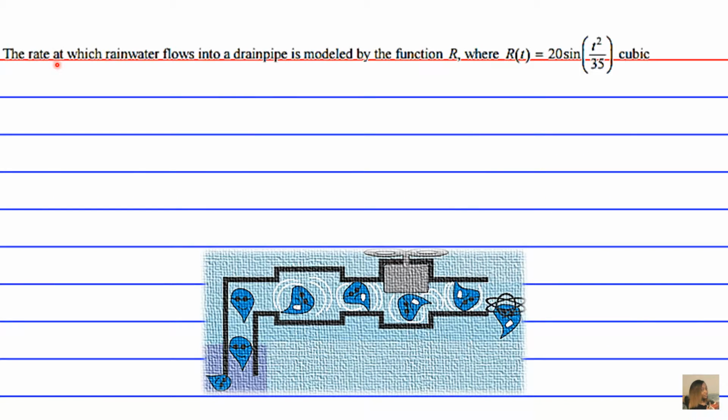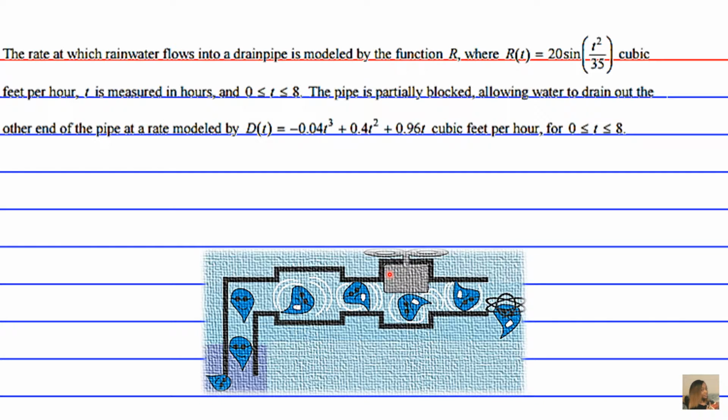The rate at which rainwater flows into a drain pipe is modeled by the function r, where r of t is equivalent to 20 times the sine of t squared over 35 cubic feet per hour. T is measured in hours, and t is greater than or equal to 0 and less than or equal to 8 hours. The pipe is partially blocked as represented here, allowing water to drain out the other end at a